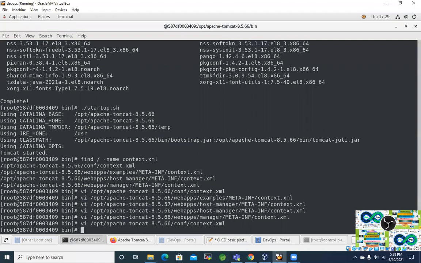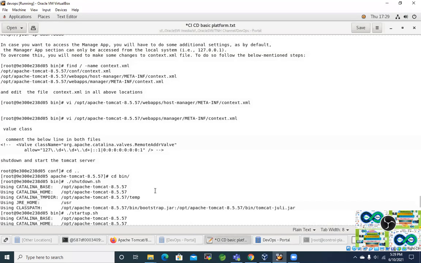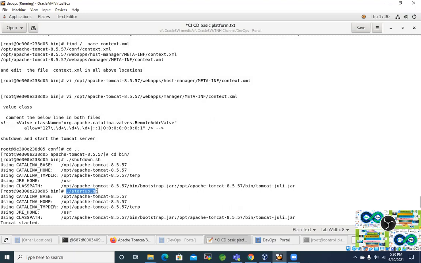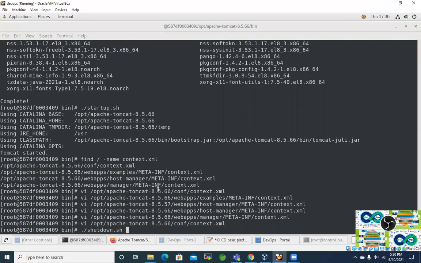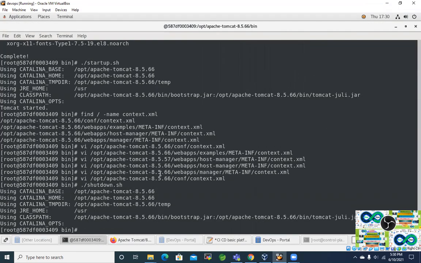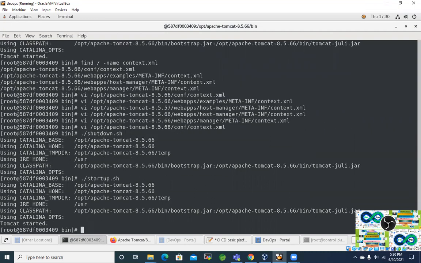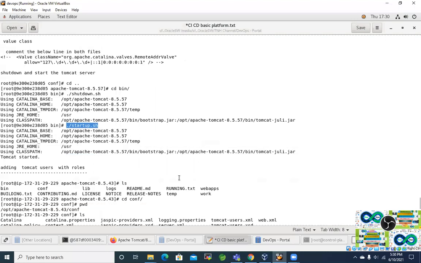Right? Okay. Anyway, right now what you can do, you can just stop the Tomcat server. Type right away /stop. Shut down. So let's check whether that is there correctly. /shutdown and /start. Shutting down and starting. Okay, we can start up. Now we are done. Now we should be able to access the host manager and